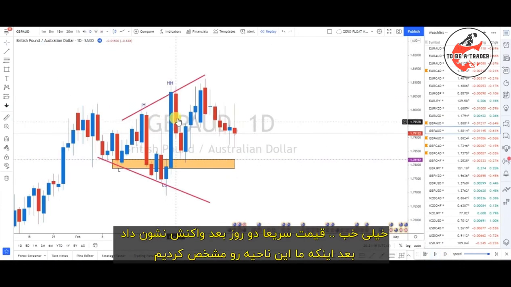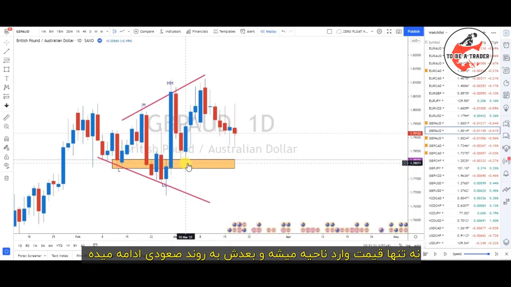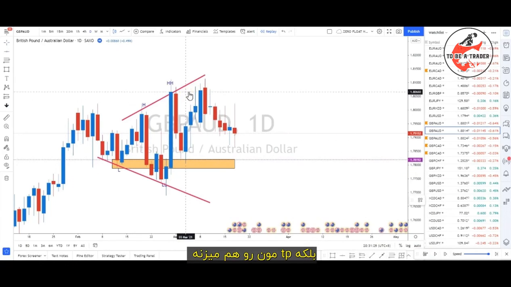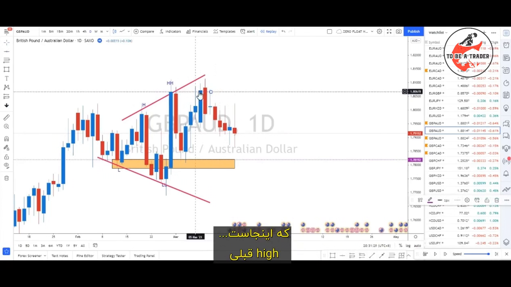Okay, so price instantly reacted 2 days later after we marked all this. Once the price comes in and continues the uptrend, not only that, it also hit our take profit area, which is here, the previous high. Okay guys,